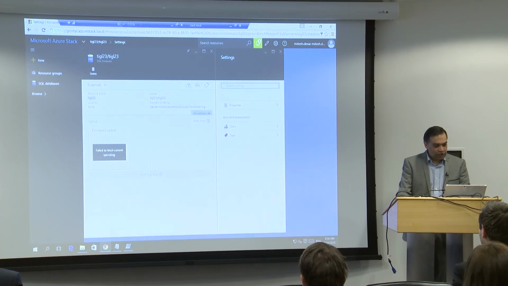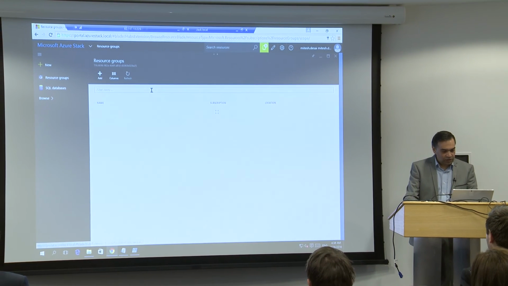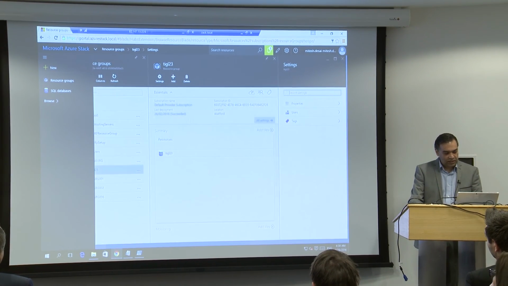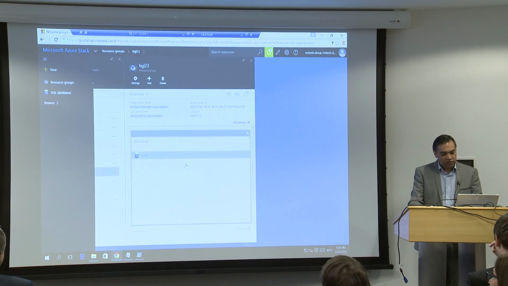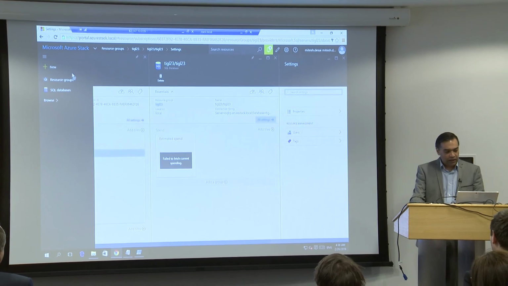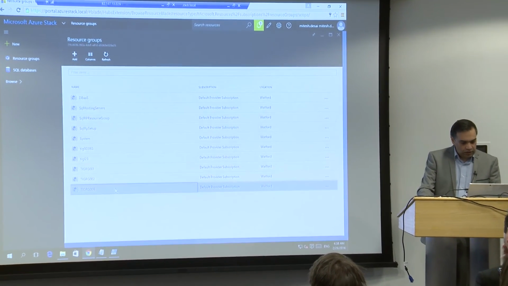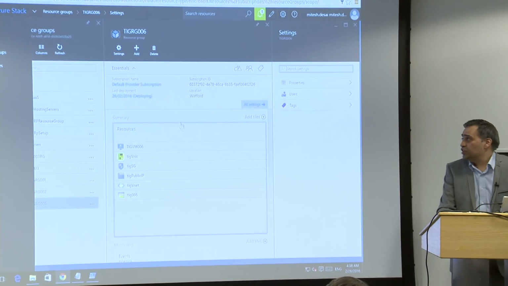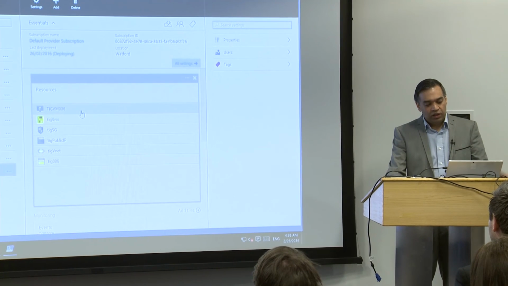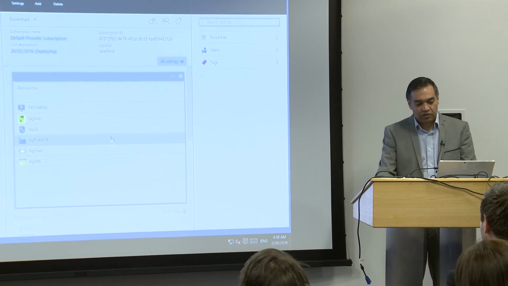So yeah, we can quickly see some of those resources, if the machine's been created or if it's creating it. So there's the machine that we deployed from the template, and as you can see, it succeeded. That's the resource, sorry, this was a consumption SQL database, so it's all up and running. That's the one that we deployed. It's still deploying, but as you can see, this is where the resourcing is still building out. Just to give you an example, it's got the virtual machine, it's got my NIC, it's got my security group, it's got my public IP address, so I can connect straight to the virtual machine.